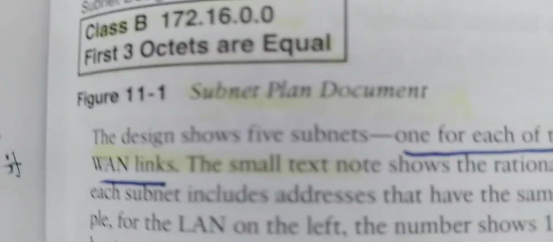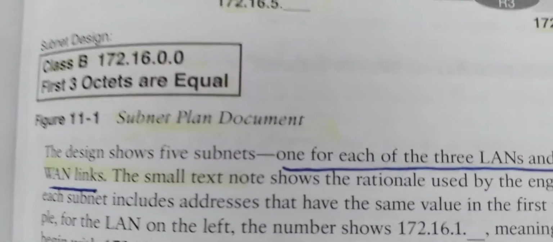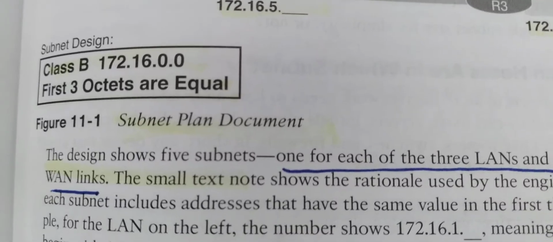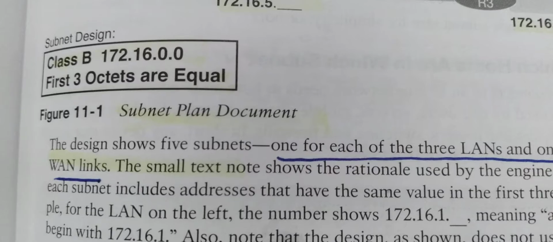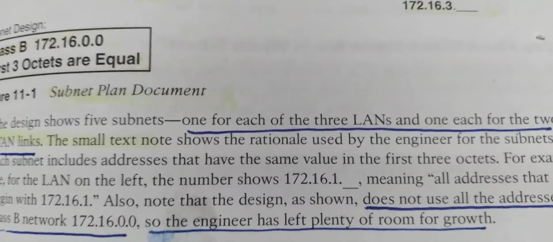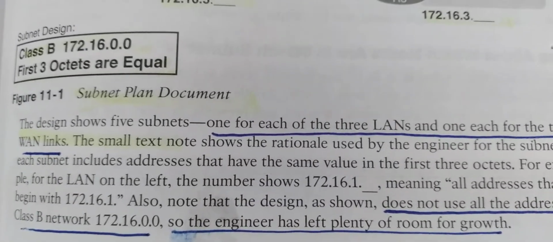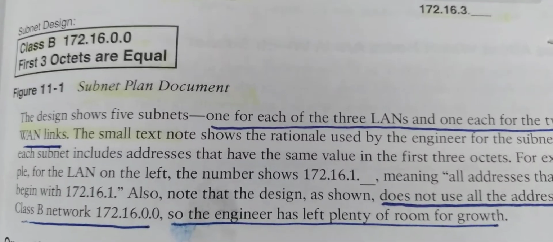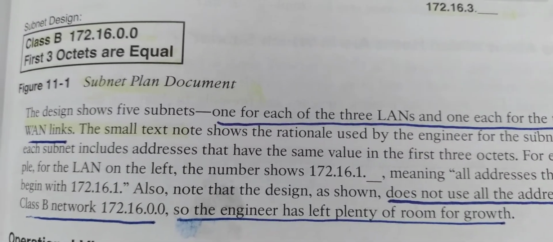So the design shows 5 subnets, one for each of the 3 LANs and one for the 2 WAN links. The small text note shows the rationale used by the engineer for the subnets. Each subnet includes addresses that have the same value in the first 3 octets. For example,